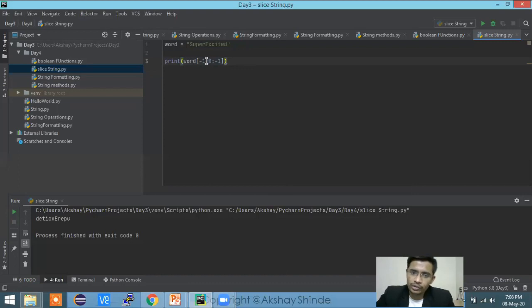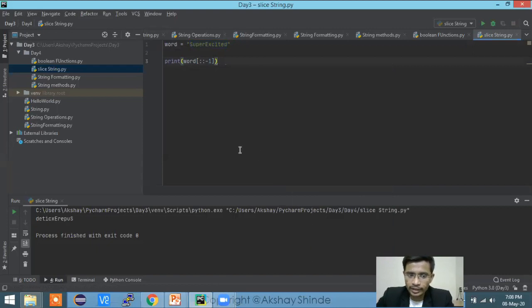S is not printing because you started from -1, so the start letter will be here, and you ended. This is not 0, this is 1, actually. If you go in reverse order, this will not be 0. This is -1, this is -2, -3, -4, all minus. So 0 is not the right word over here, so the end will not be at 0. If you go with -1 colon colon -1, it will give you the whole reverse string.